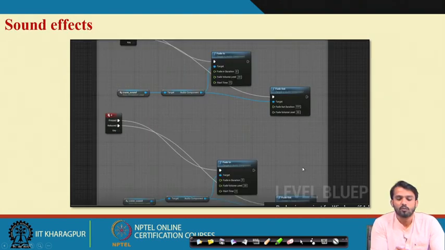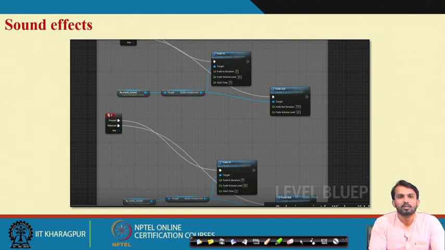Then similarly, sound effects can also be created. There is a property called fade in, which sets how much time the sound will take to fade in and how much time it will take to fade out. By different inputs, by pressing which key the sound will come, or automatically the sound will continue in this particular environment. So, a crane sound you can input. We developed this for the crane simulator, in which crane sound is given to the target component, the audio component. You can modify it as per your requirement.